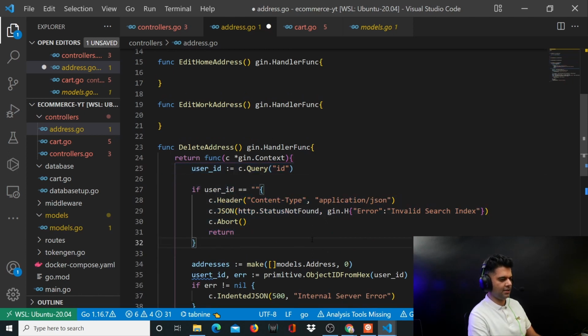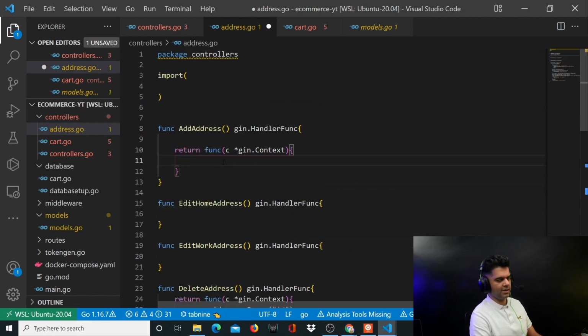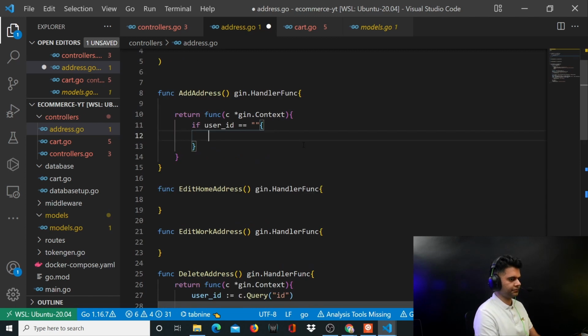Now the next few stages are going to be very similar to this, and I've already explained this in the previous 2 videos. So let me just quickly type it out. I won't explain it much now. Okay, so the user ID could be an empty string. If yes,